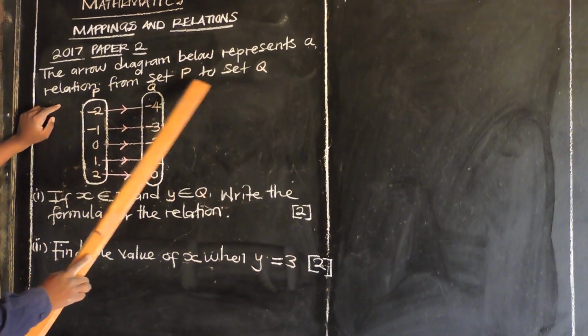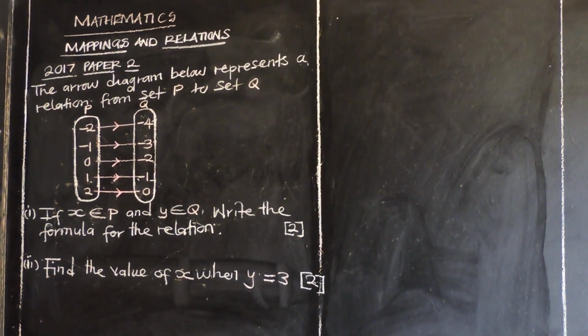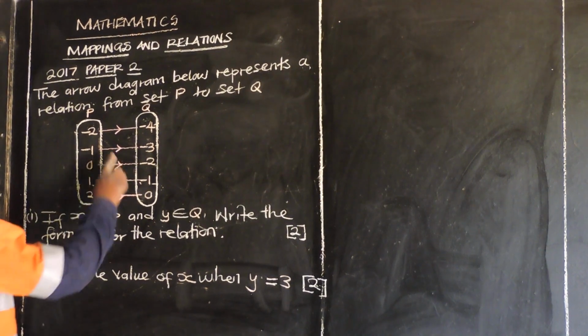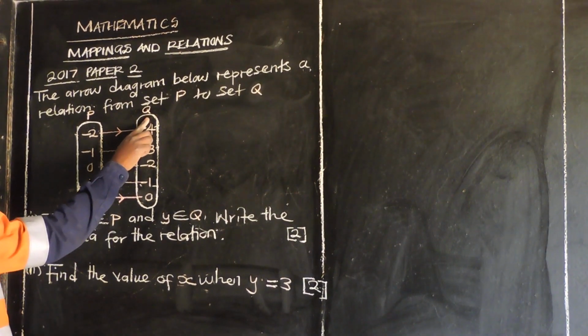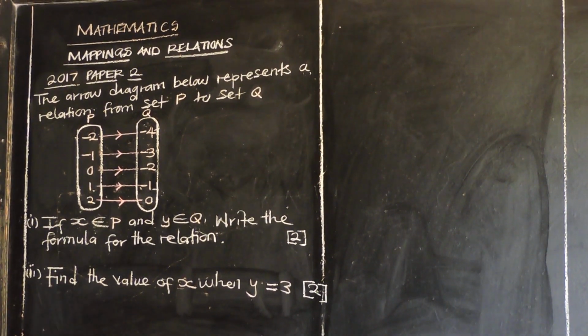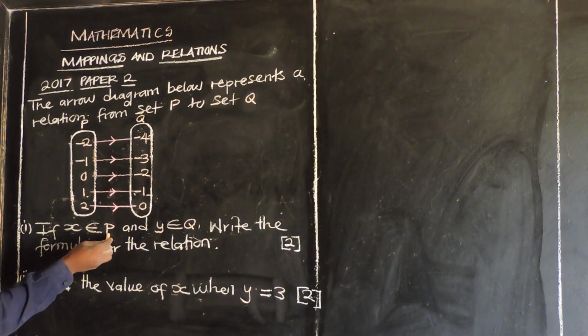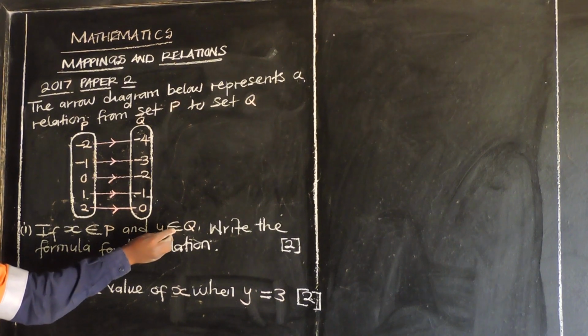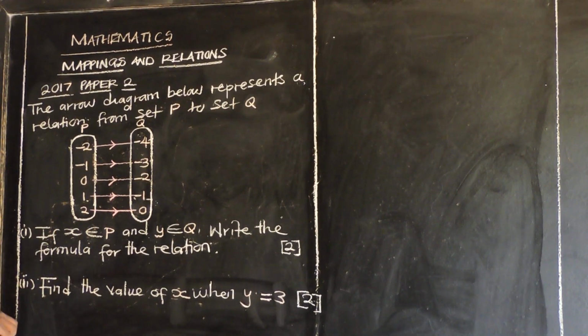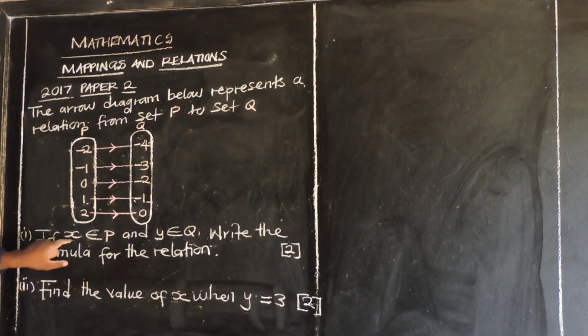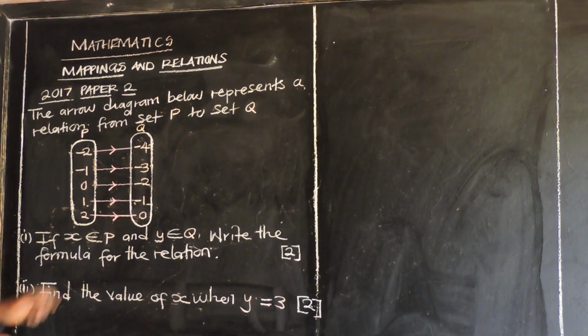from set P to set Q, right? So in this case, we have got two sets. We have set P and set Q. Then question number 1 is saying, if X is a member of set P, and Y is a member of set Q, what it means is, if X is a member of set P, it means all